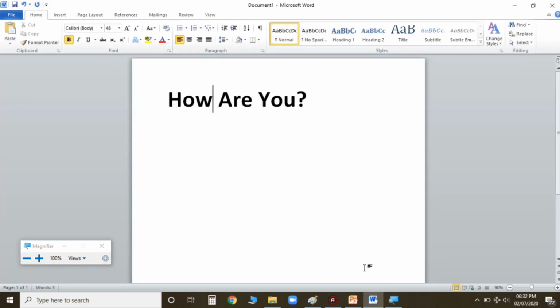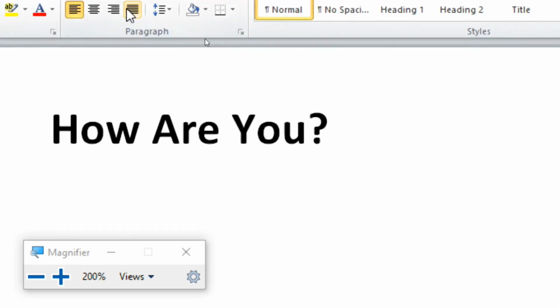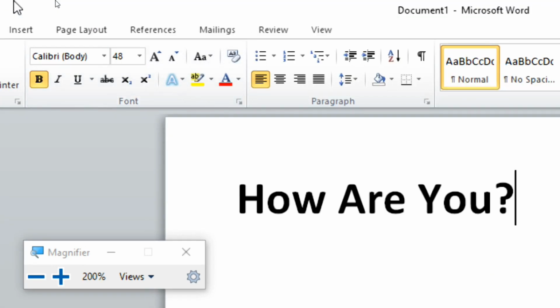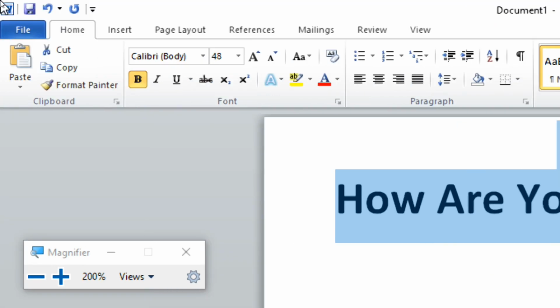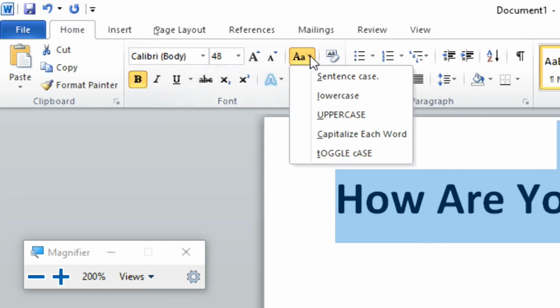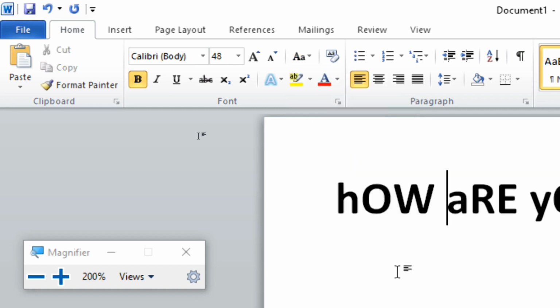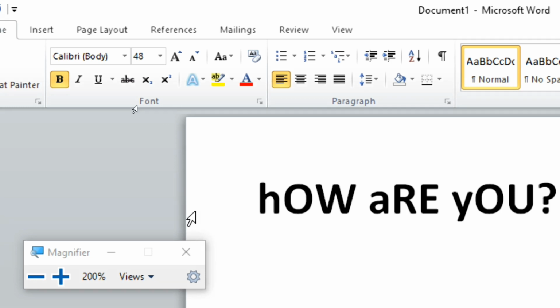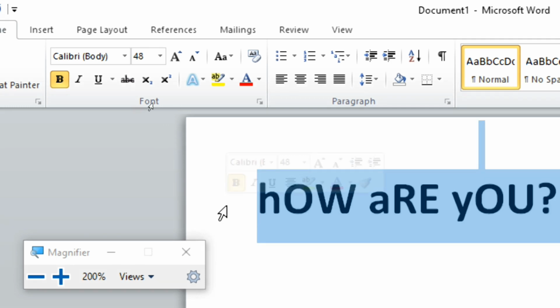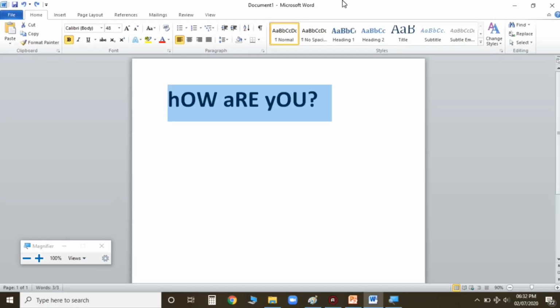In this, the first letter is a capital letter and the rest are small letters. Now when I go here, it will just reverse. Toggle case. Can you see, children? It reverses the alphabet. I hope now this much is clear, children.